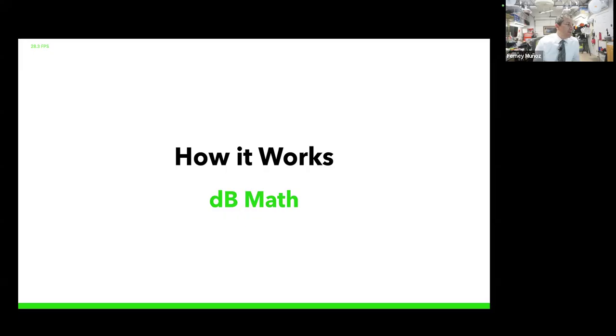This dB stuff actually, when we talk about SNR, we talked about that in the last couple of sessions. We talk about 25 dB SNR and higher being really good, but 15 dB SNR not very good. So what is this dB stuff, and why do we use it? Well, it happens that